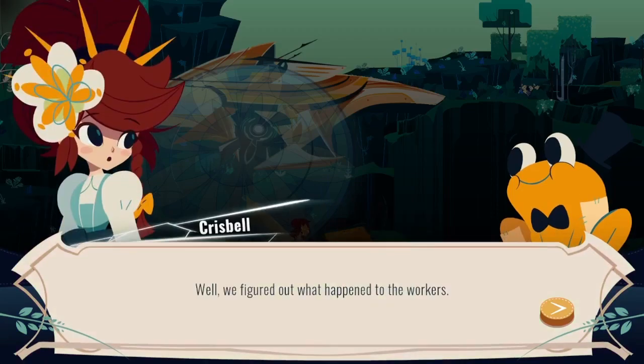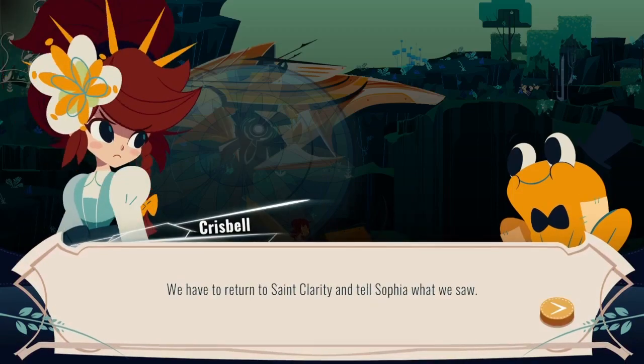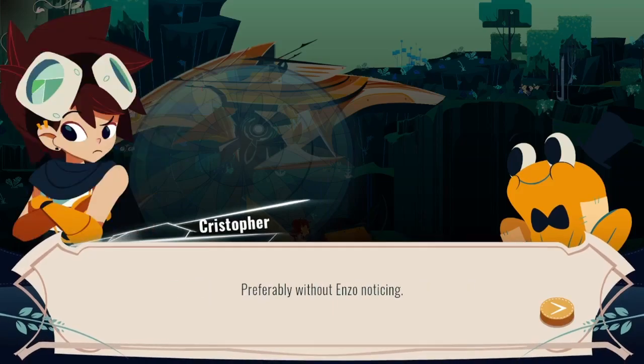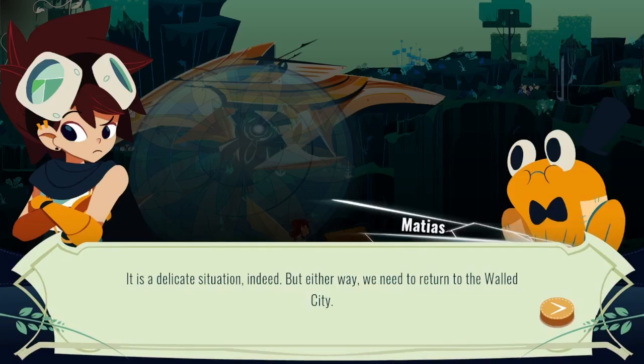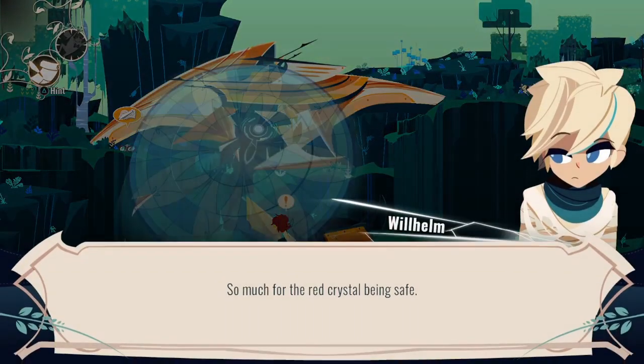Well, we figured out what happened to the workers. We have to return to St. Clarity and tell Sophia what we saw. Preferably without Enzo noticing. That machine didn't get there by accident. And someone had to tell it to attack humans. It is a delicate situation indeed. But either way, we need to return to the walled city. Well, before we go...